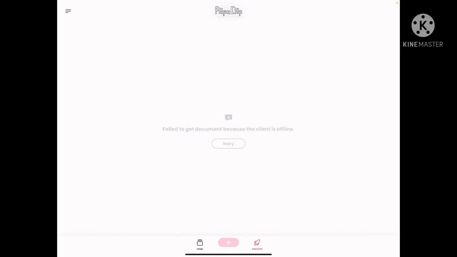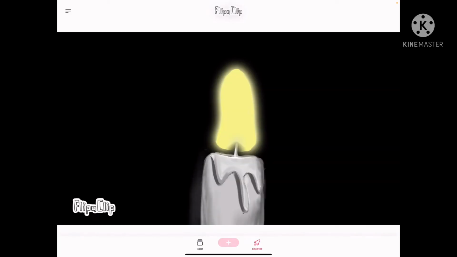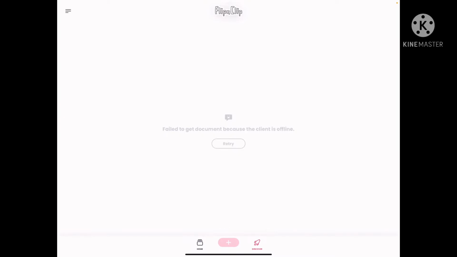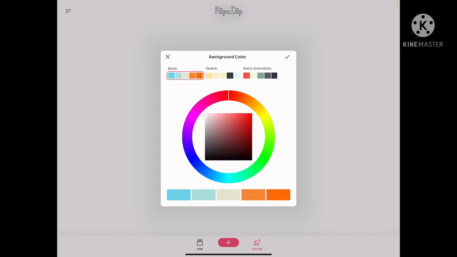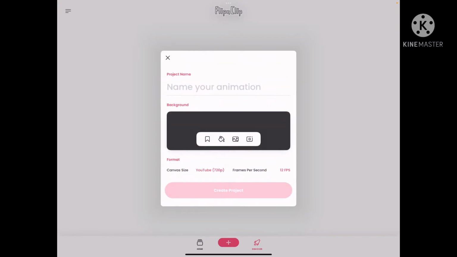I'm going to show you the experiment that I've been working on of creating this candle that is lighting up, and we're going to do all of this in FlipaClip. So let's go ahead and start, and we have to make our background a little bit colored. You know how I usually do this. So I'm going to give it a semi-black color, and then I'm going to name it candle